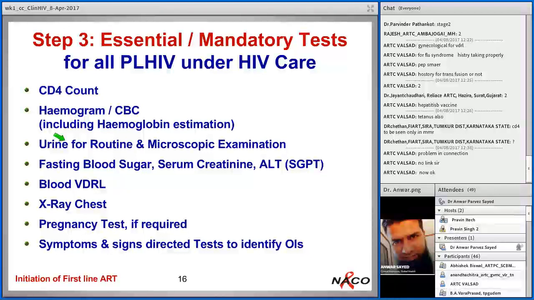I will not be interested in going to that particular clinic later, because my problem is that someone has told me that I am HIV positive. Someone has asked me to go to that center for ART. I have reached that center, but no one is talking about drugs. No one is talking about the problems which I have.